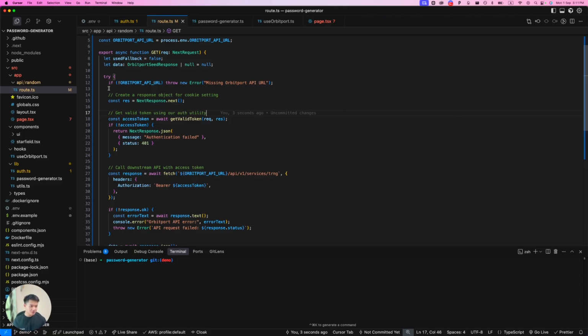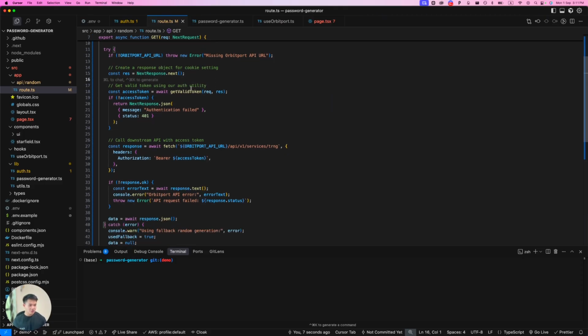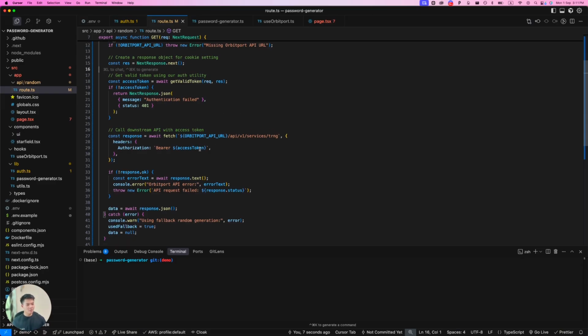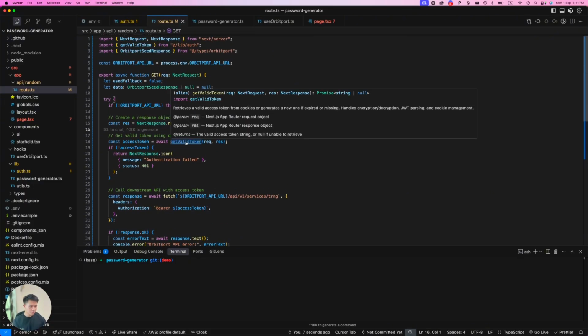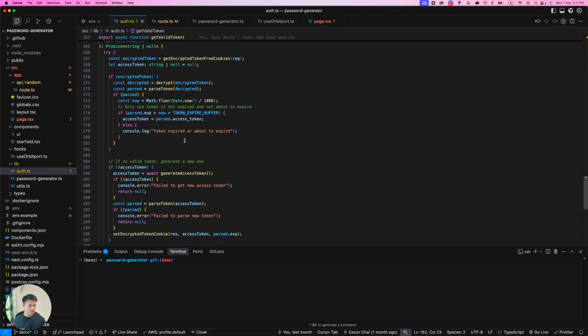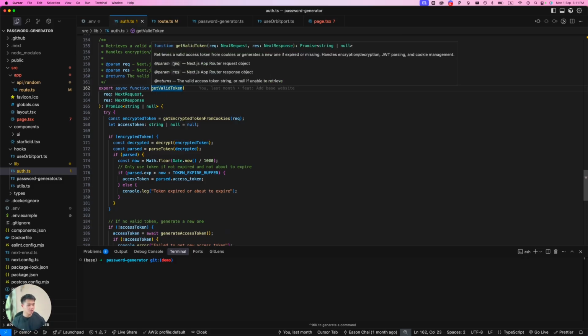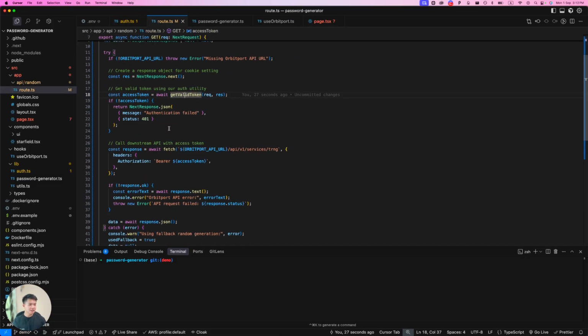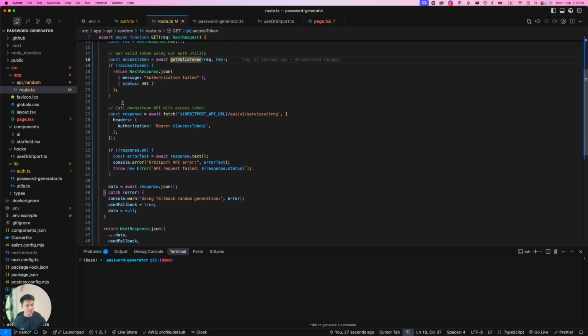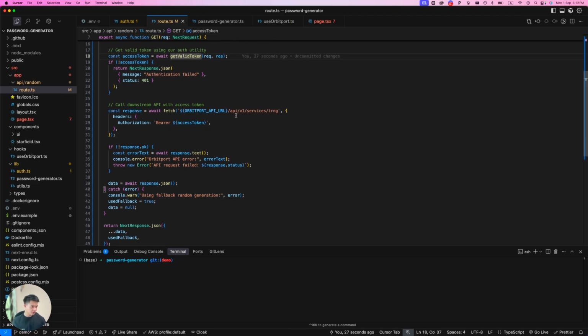So you can see here right at the start, we are checking if we have a valid token within the cookies. If we don't, then we'll basically make an API call to fetch the access token, and all of that is actually done inside here itself in get valid token. So this is the auth library that I mentioned previously. And then if everything's okay and you have an access token, then you're going to use that in order to call